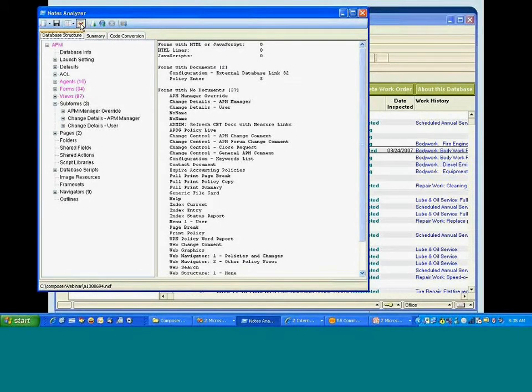Actually there is a lot of unused functionality within these applications that, if you look at a migration effort, it doesn't really make sense to actually migrate any of the unused portions of these applications. So what we do as part of the discovery process is we actually sit down with either the business users or the developers to actually determine, of the lists of the various design elements that you're seeing as part of this analyzer, how much of it is actually really used, so that it contributes to a reduction in the cost for the actual migration effort itself. It's very critical as part of the discovery process for us to actually determine